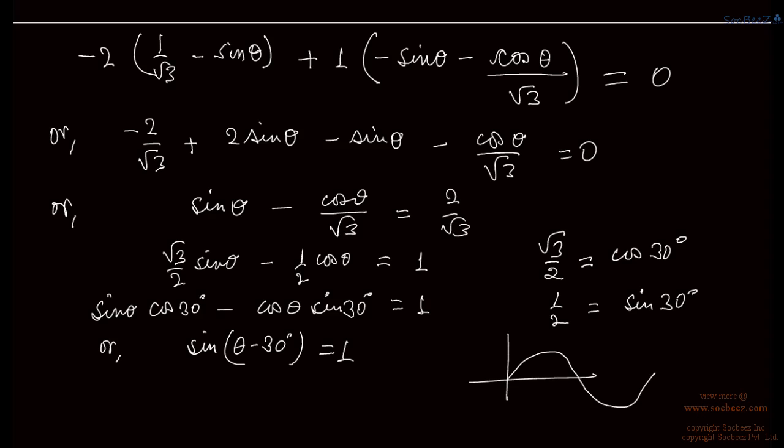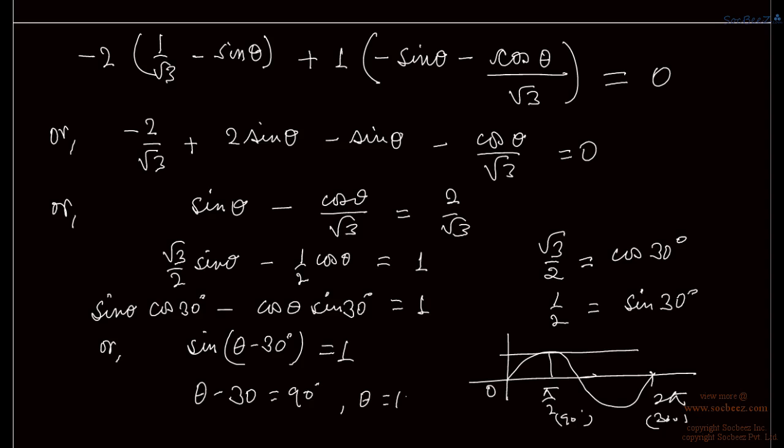So if we look at the value of theta in the interval 0 to 2 pi, that is 2 pi is 360 degree, sin theta is 1 at one of the values, which is pi by 2, that is 90 degree. So we have theta minus 30 is equal to 90 degree in this interval 0 to 2 pi. So we have theta as 120 degree. So there is only one value of theta in this interval which satisfies this expression, right?